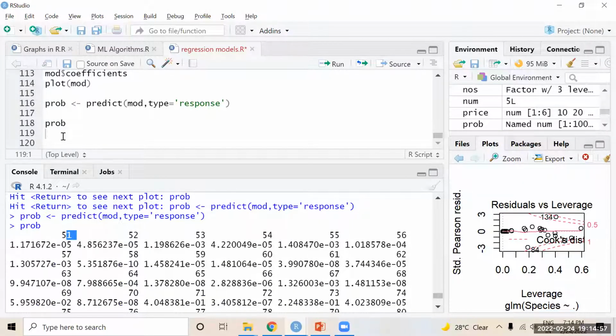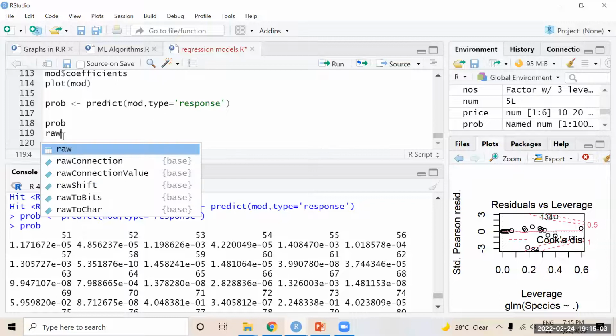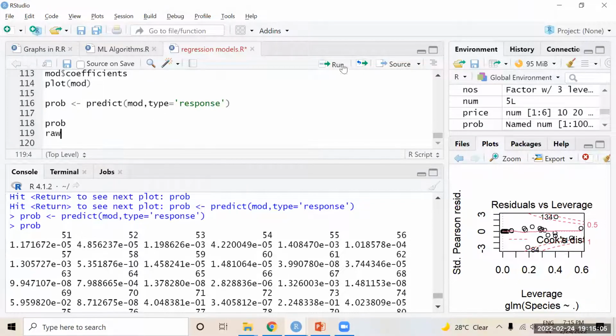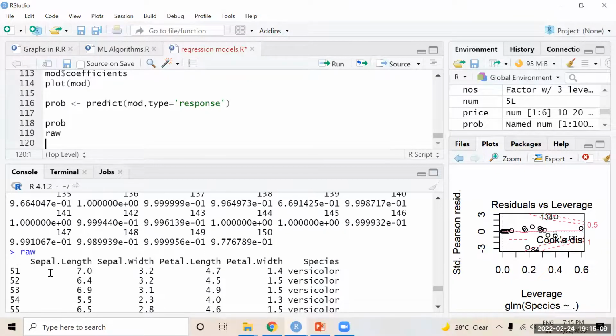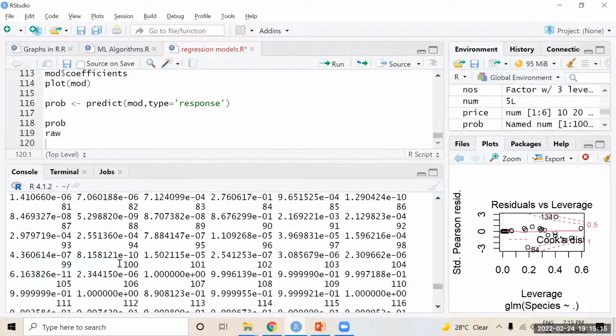Now these are the probability values. For the 51st record, for example, you go to the raw data. For the first record, the 51st record, it is a class of versicolor.